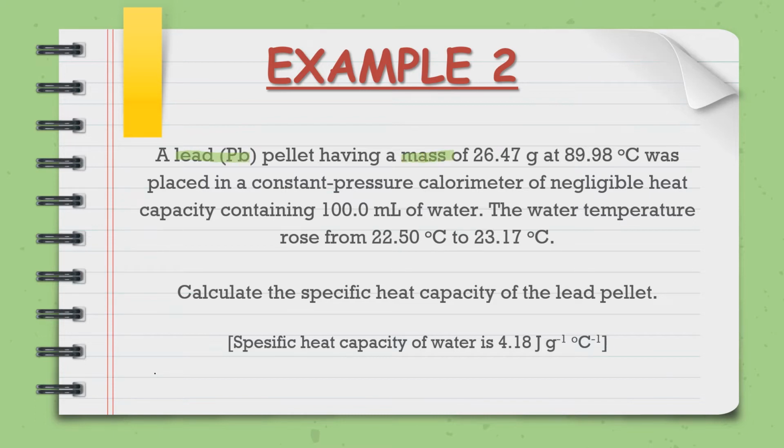Okay, so this is the mass of lead and then its initial temperature. Let me write that down. So this is mass for PB, and this is T initial for PB. And then the next part, the information that's given to you: the lead is placed in a constant pressure calorimeter of negligible capacity containing, here we have 100 ml of